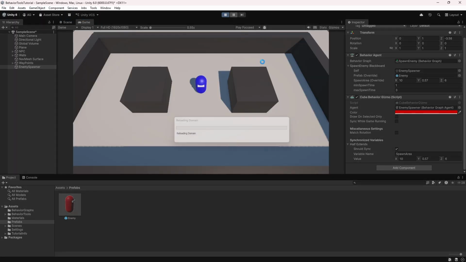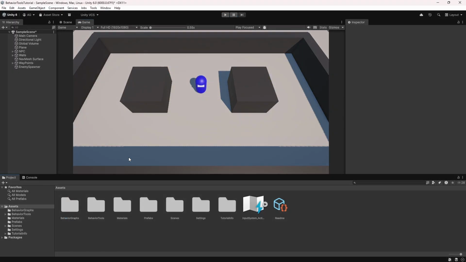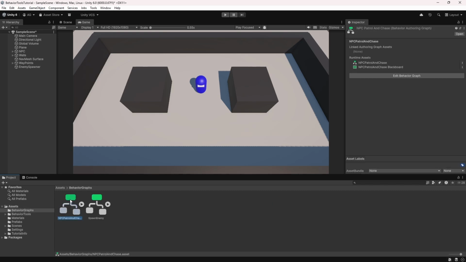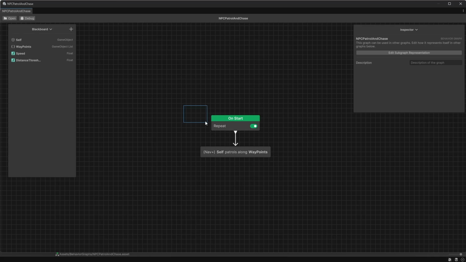If we try this now, we should hopefully see an enemy spawning every 1 to 3 seconds. There's one now, and there's another, and they'll keep spawning through the game. So with our enemy spawning all set up, let's now get the NPC to chase after and destroy the enemies. We'll go back to our behavior graphs and the NPC patrol and chase graph. We can move these existing nodes over to the right a little bit